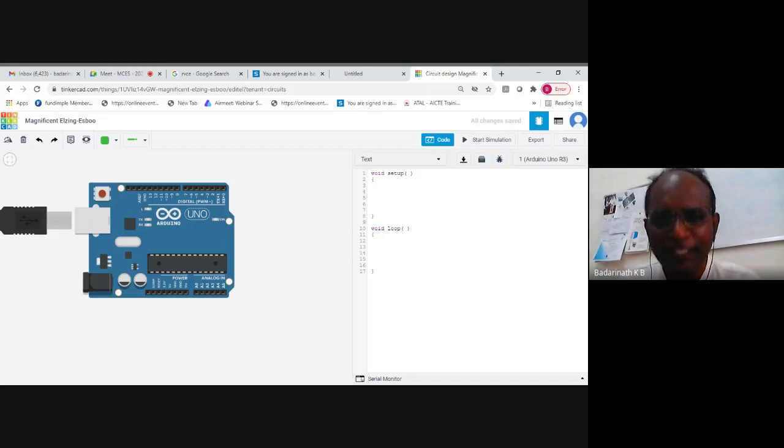Look at the washing machine. How does the washing machine work? It's always waiting for certain inputs from the keyboard. You set it up, you press it and start the wash. You select certain things, yes or no, what speed it has to work at, what the timings are, everything. Then you start the wash. After finishing the wash, the washing machine's job is not completed. Again, it comes back to the main program. What is the main program? Again, wait for the key input. Again, you can use the washing machine for the second time.